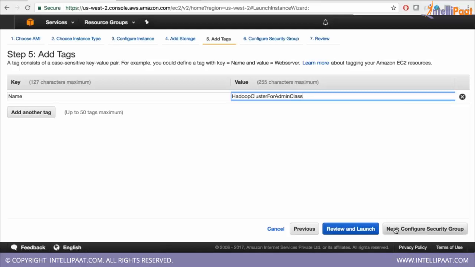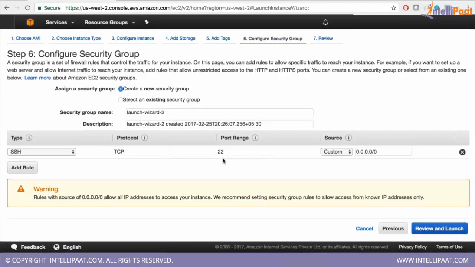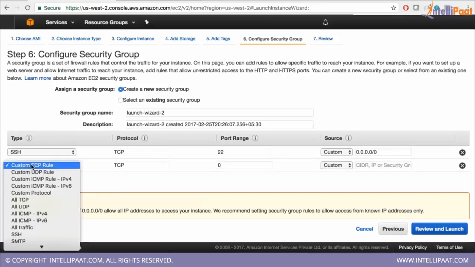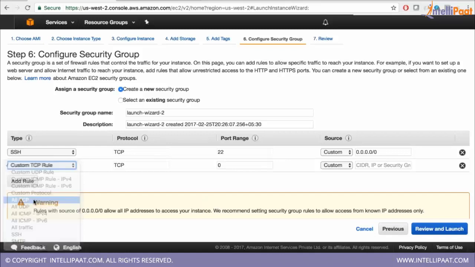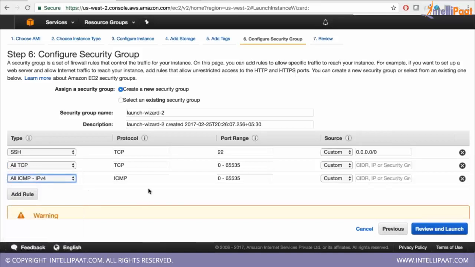Now you can say configure security group. Here you have to add 2 more new rules so that you can access these machines from outside the network. The first rule is all TCP, and the second rule is all ICMP.